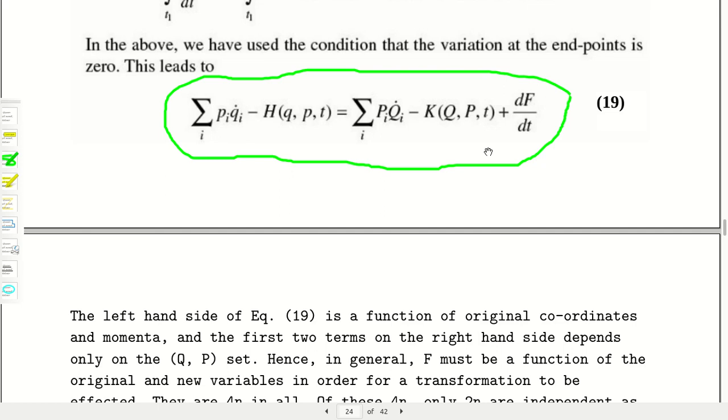In the case of the new canonical equations, it is also the same case, that is 2n variables are there, n number of capital P and n number of capital Q, but they are connected to each other using the canonical equations of motion, that is Hamiltonian equations of motion. So the effective number of variables is n. So there are n variables here, and also n different variables here. So F is a function of 2n variables.